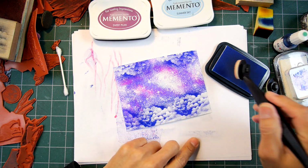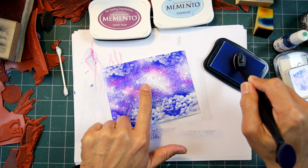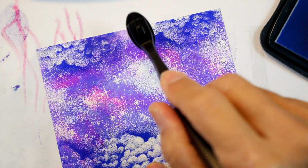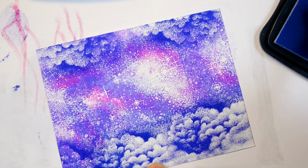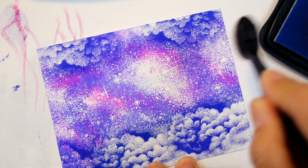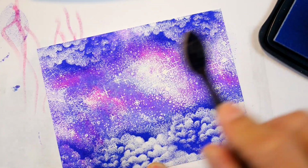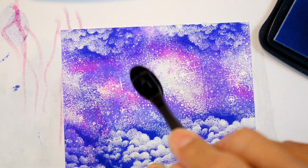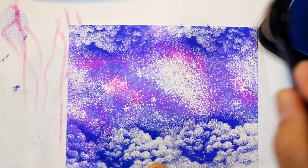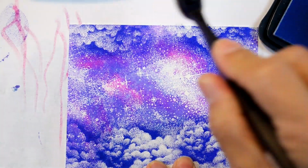Alright, I don't know what I had on here before, if that's clean or not, but let's just go with it. Some stars in here I might want to remain nice and light, so I'm not going to tone all of them out. Now, the summer sky right here, this light blue is a really great initial blue to use. Memento pads are real thick and kind of slippery, and they work really great on both matte or glossy cardstock. I'm going to do some things on matte cardstock here with just using some copy paper and stuff like